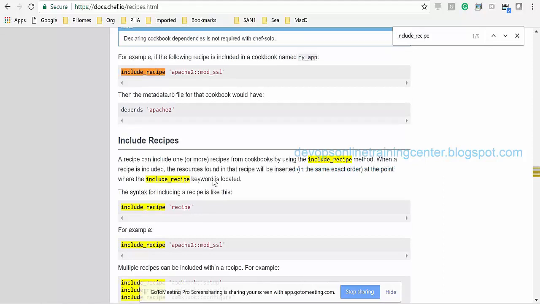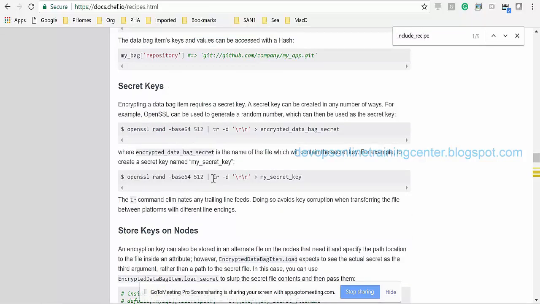Here I'm including a cookbook called active inside another cookbook called SSHCP. So when I execute this,